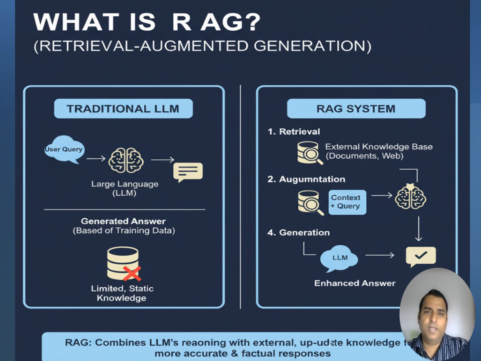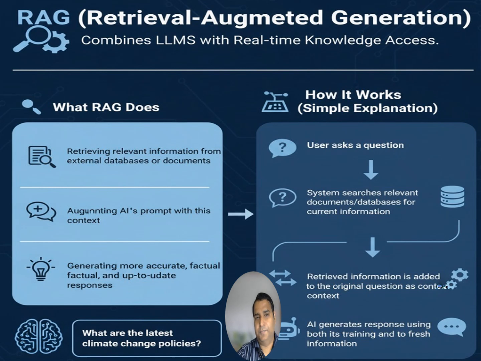RAG stands for Retrieval-Augmented Generation. It is a technique used in AI and natural language processing that combines retrieval-based methods with generative models to produce more accurate and contextually relevant responses. So what does RAG do? This is the primary question everyone wants to discuss. It retrieves relevant information from external sources like documents, databases, or websites based on the user's query, and augments the overall generation process by feeding the retrieved data into a generative model like GPT